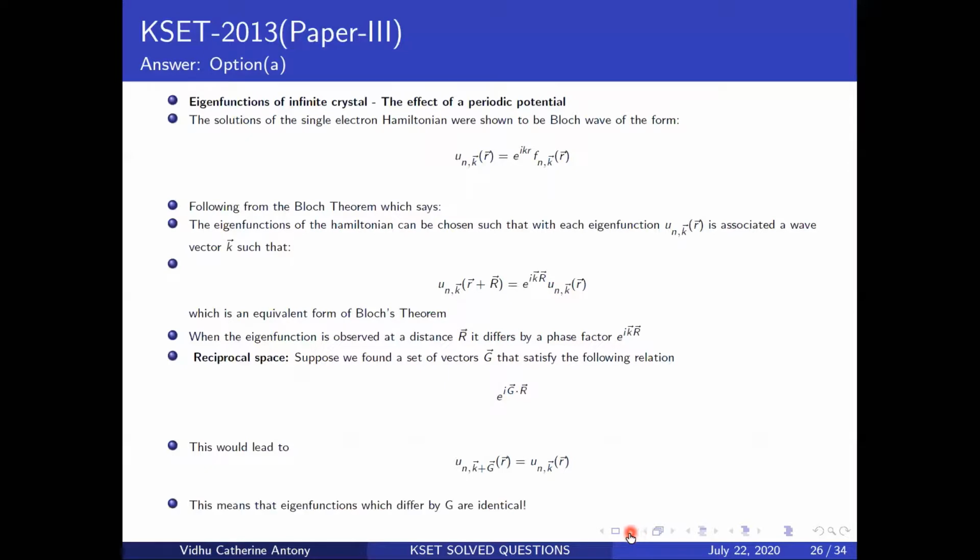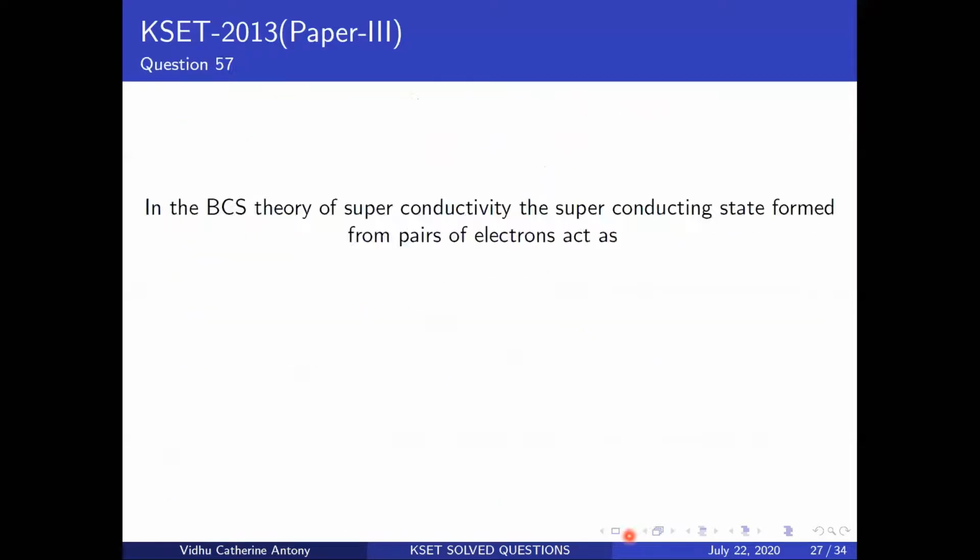So now let's move on to the next question that you have. Let me just tell you a little bit about this BCS theory. Basically, what you're going to end up getting is a lattice. Let's say all of these are positive ions that you have, and now there's an electron that's trying to